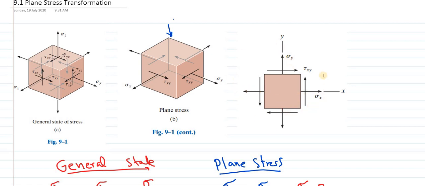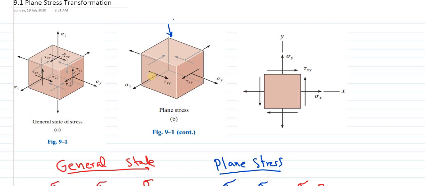So this actually refers to this element, but just to shorten the drawing process, we will be using this element. Whenever we are talking about this element, we are actually talking about the 3D element, but this is just a drawing simplification. This sigma x is acting on this x face, because stress has to act on a certain area. You cannot see that area in this plane, because one dimension is this, but the other dimension is perpendicular to the screen. So this is how we will be showing the state of plane stress.